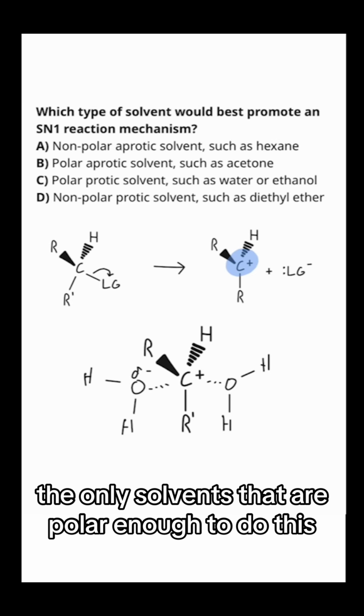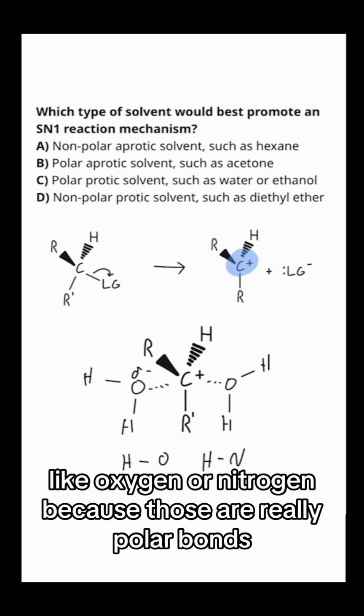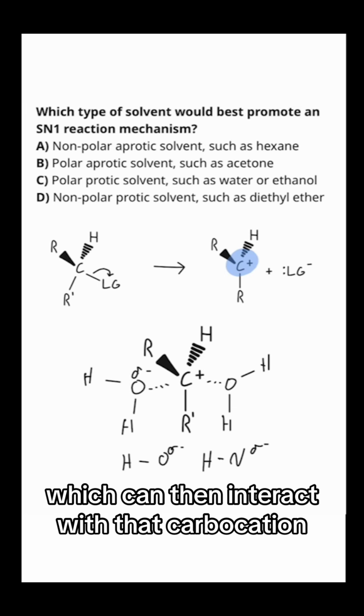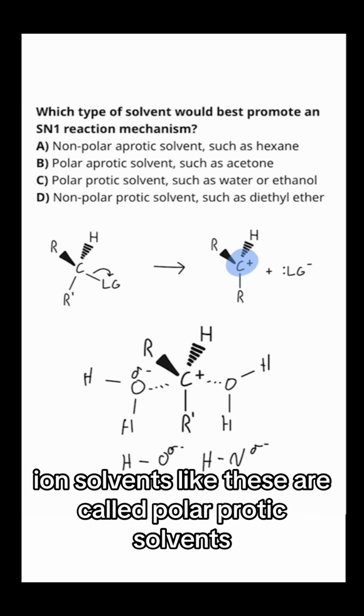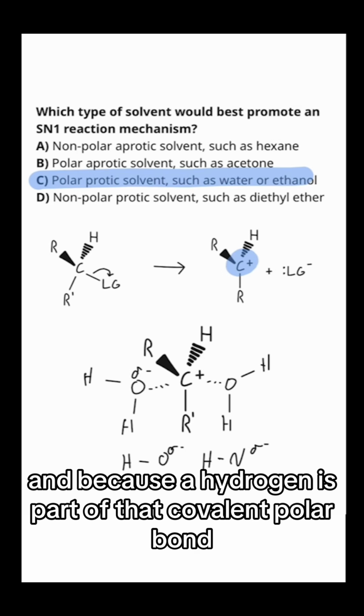The only solvents that are polar enough to do this have hydrogens that are bonded to a highly electronegative atom, like oxygen or nitrogen, because those are really polar bonds. And the oxygen or the nitrogen will have that partial negative charge, which can then interact with that carbocation. Solvents like these are called polar protic solvents because they are polar and because a hydrogen is part of that